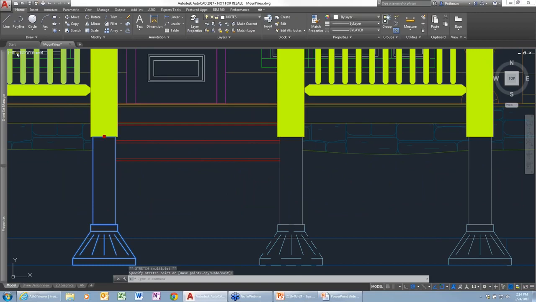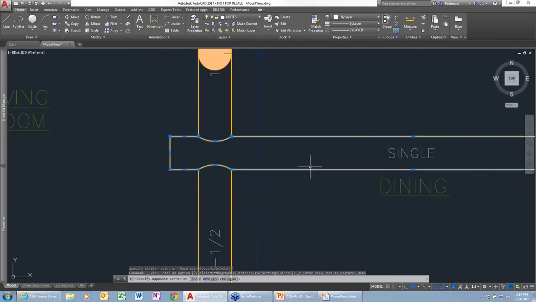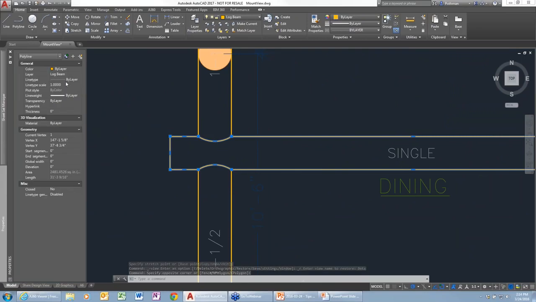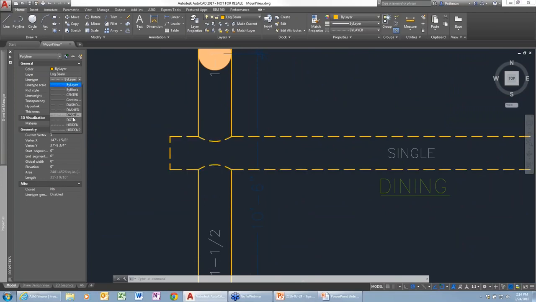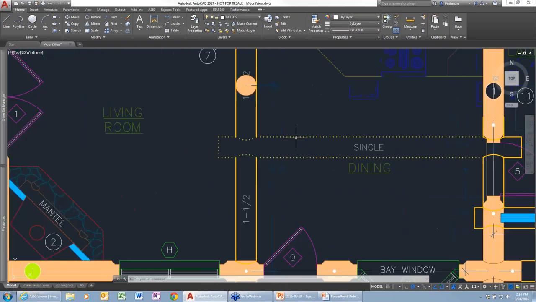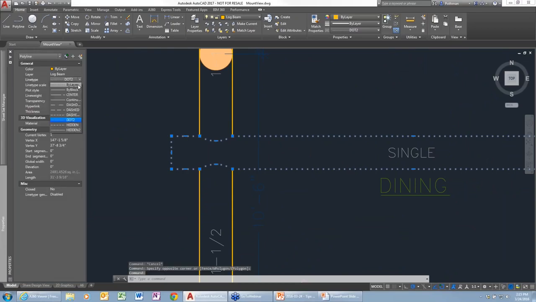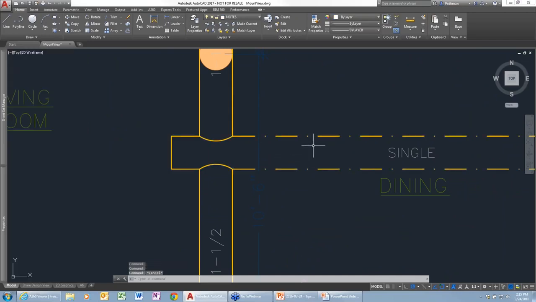One of the cooler things, I guess, I'm going to switch to another view here. So if you have an object that is on a layer with a line type that is using dots, you're going to see that the line type actually is much more visible than it was in previous releases. Instead of just a single pixel showing up as the dot, you actually have a dot that will show with the line type itself or the line width, so that you see something that is really graphically presentable. I'm going to change this from dots to the dash dot, and again you can see that things are visible